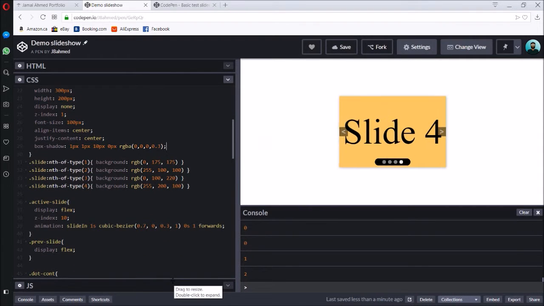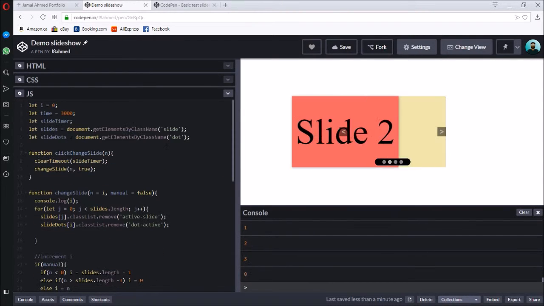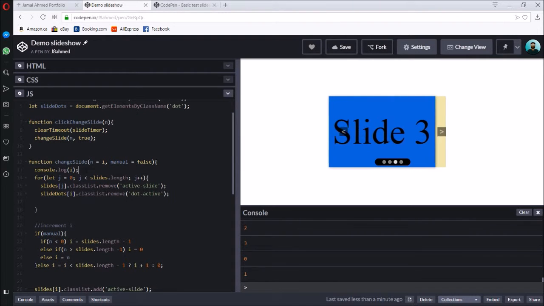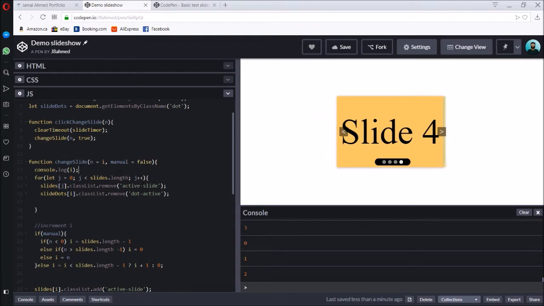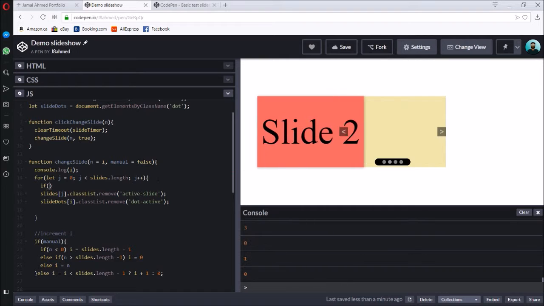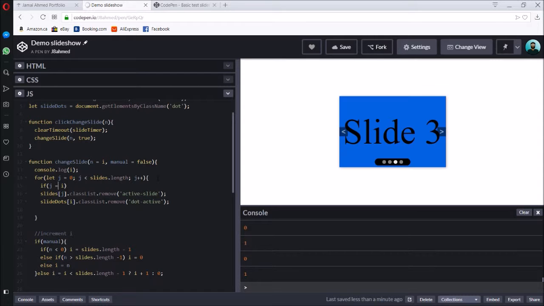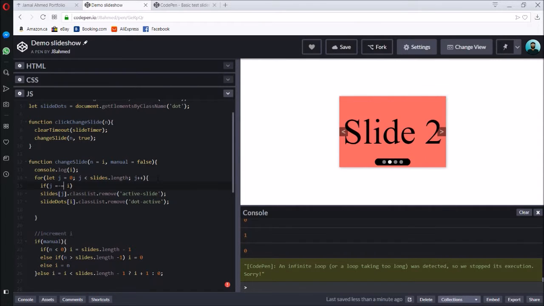All right, so let's go to the JavaScript. Previously, we didn't really do that much here. We have the console.log, yes, and we have the slides, but in order for us to stagger the steps, we have to make sure that whatever was the value of i before it gets changed down here stays and is always in place. The way we're going to do that is we're going to do a check. We're going to say that if j is equal to i,